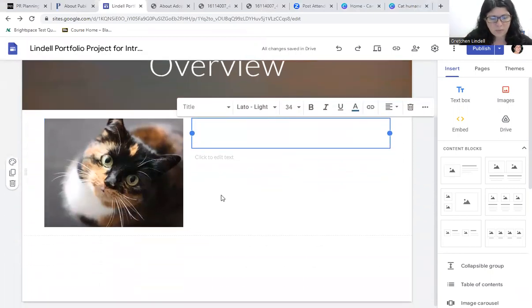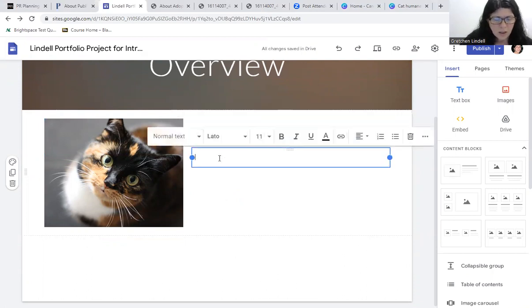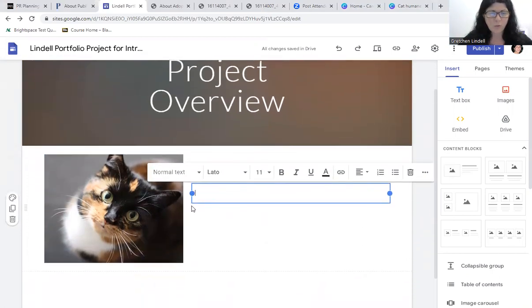And now under here, I'm going to put in PR portfolio overview. And I'm going to just type some text in here. Your text will look different from mine, but that's okay. And then once we have done that, all you need to do is publish it and you will have completed this project. So let me just type some text real quick. Forgive me as I move some things around here. And so for this,